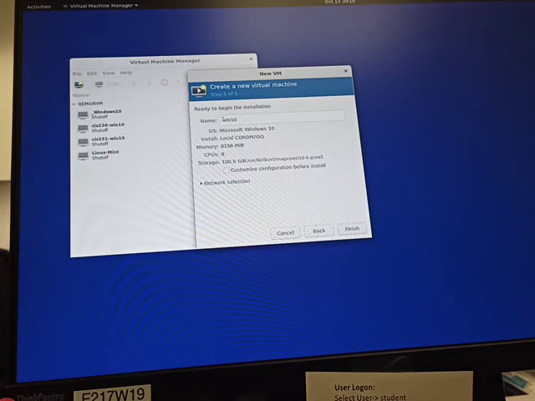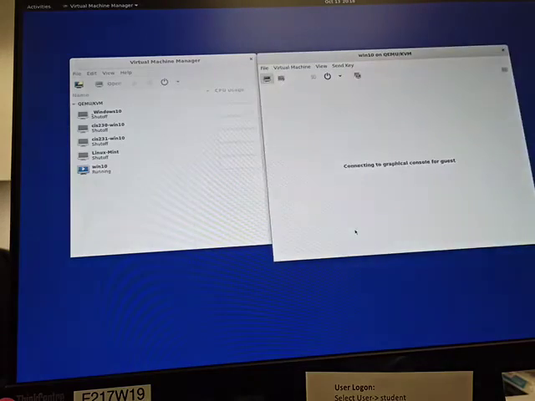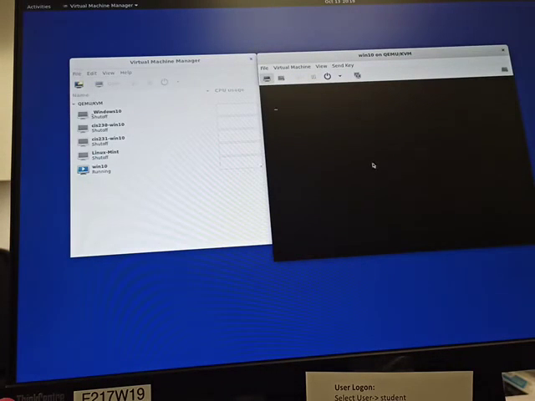You could name it Windows 10 or specifically for your class, however you want to name it. Obviously not one of these names, something that you'll remember your operating system by. Now you could also go into customize configurations before install. Over here there's no need to. We'll just simply click on Finish, and within a few seconds here it will basically start the whole Windows operating